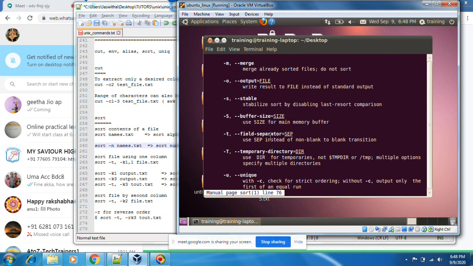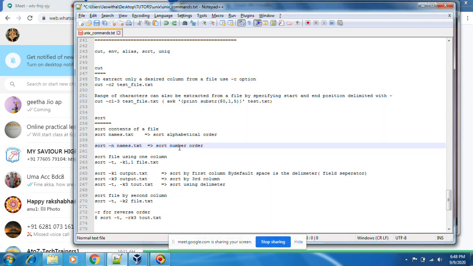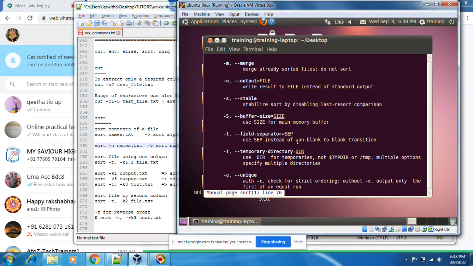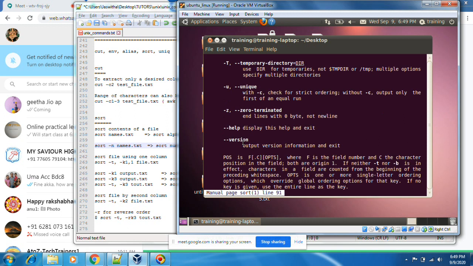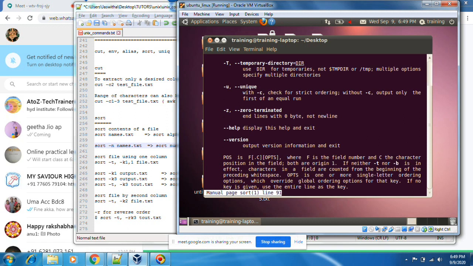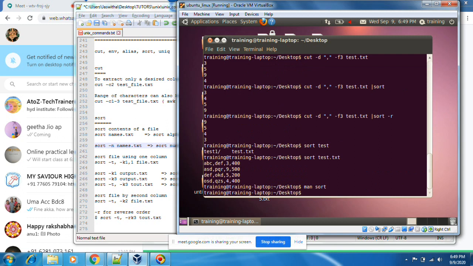Hyphen t is the field separator. Hyphen t you need to mention like this. Previously we did the field separator with cut. Sort hyphen t, the field separator in this file is comma.